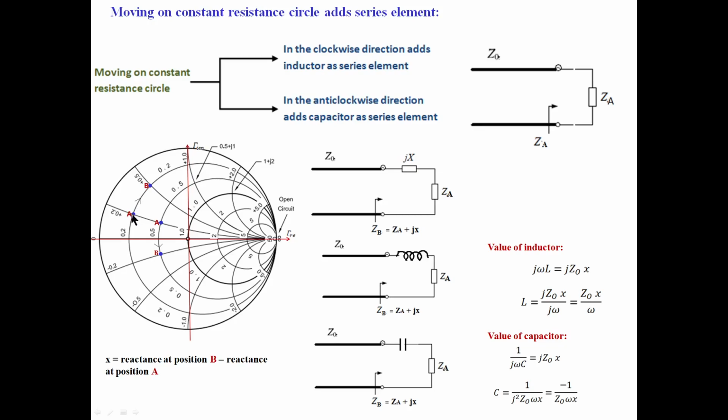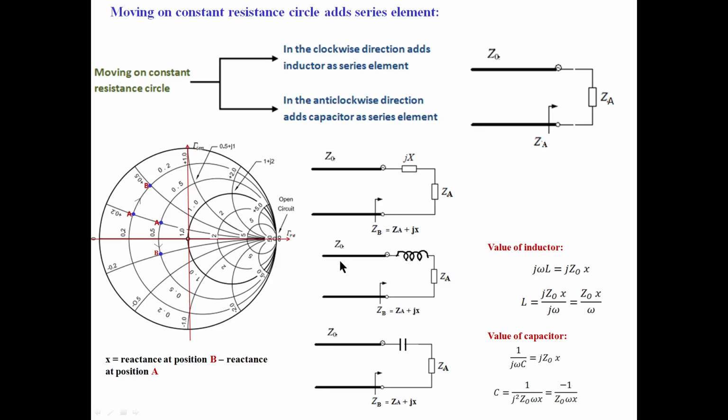So from the load point, for example this is a load, 2 plus 2j, some load is given. If you move in the clockwise direction, reactance changed. By the time you come here, resistance value remains the same, but reactance changed. And this adds a series element like this. That value you can calculate, what is the value of this inductor added in the clockwise direction. That adds a series inductor like this, if you move clockwise. And the value of the inductor you can easily find out.